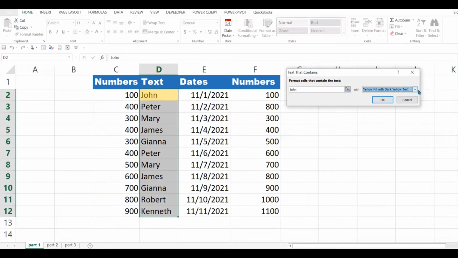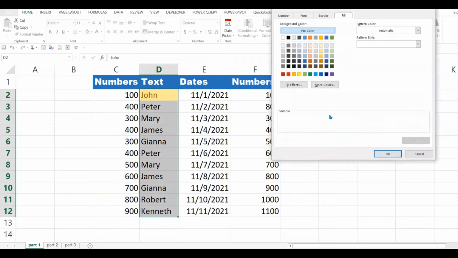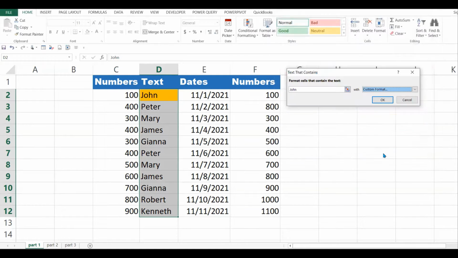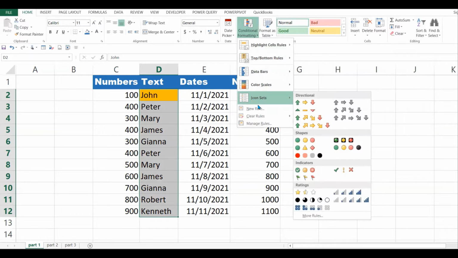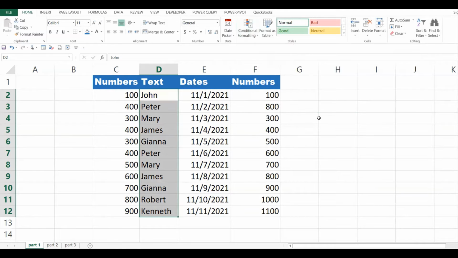You can select yellow. You can even do a custom format. If the color is not among those that you have, you select the color you want, say okay, and it is applied. So that's how you can format the text. To clear the rules, come back here, clear selection, and they are gone.